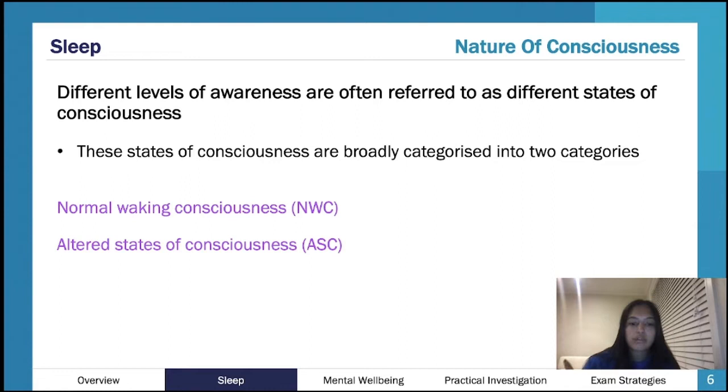And in terms of mental well-being, that hasn't really been changed too much either. Again, a lot of stuff has been taken out. A lot of stuff to do with mental health disorders and risk factors for that has been removed. So I would say Unit 4 is maybe better compared to Unit 3 in terms of study design changes, because I think there were more changes in Unit 3 compared to Unit 4.